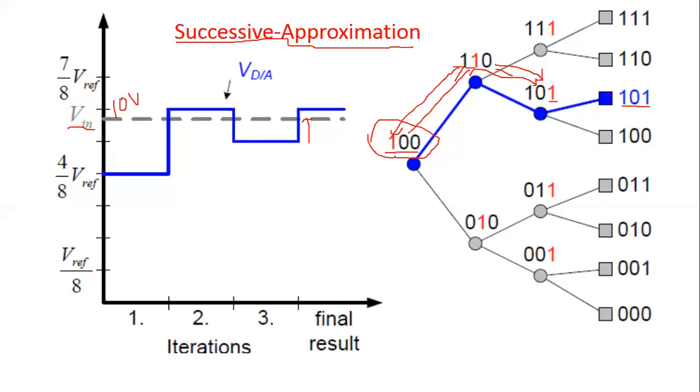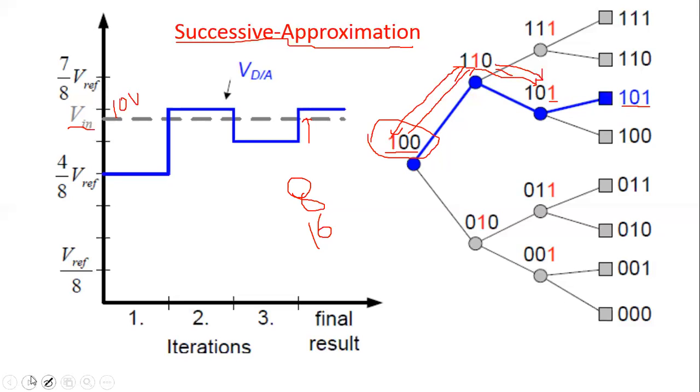Like that, you have to compare 8 bits, or you can use 16 bits. Here I'm taking only 3 bits as an example. So you can use 8 bit comparison as well as 16 bit comparison. If the input is more, keep it as it is and make the next bit 1. If the input is less, keep the MSB bit as it is and make the next bit 0. Okay, that is the procedure.